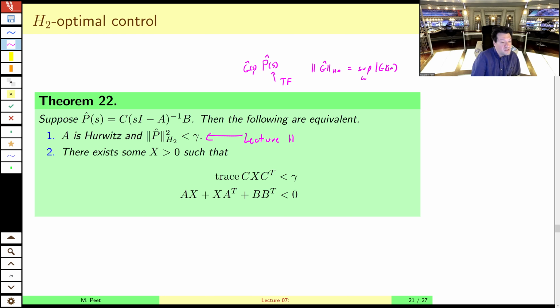But remember, we had that other signal norm, H2, which was the integral of that signal along the imaginary axis. So it makes sense that we could write the H infinity norm on the transfer function, and so it also makes sense that we can write the H2 norm of this transfer function. Now, I don't want to read too much into the H2 norm of a transfer function, however,